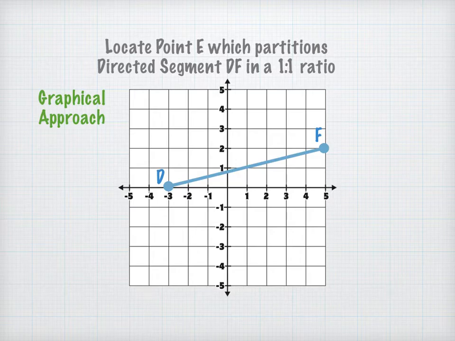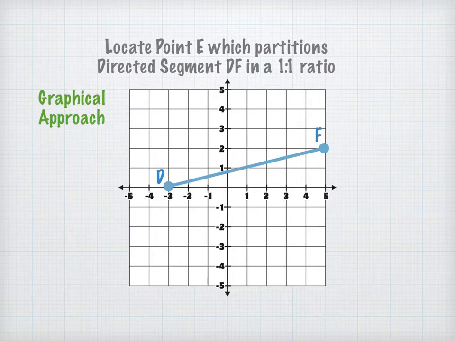Now, we are calling this segment DF. That is the same as segment FD, but in this lesson we want to pay attention to which letter comes first. And so we want to partition from D to F so that the point E splits the line segment